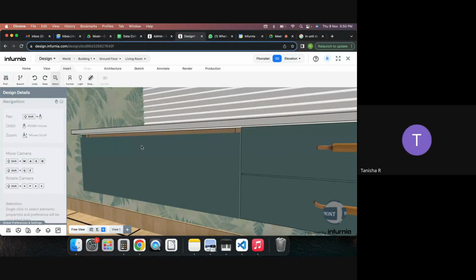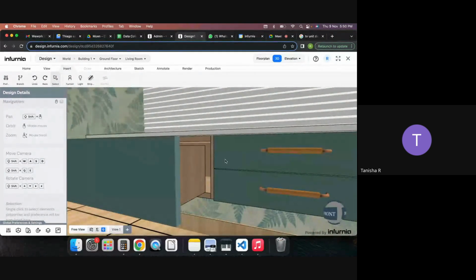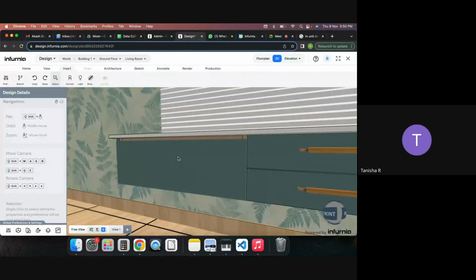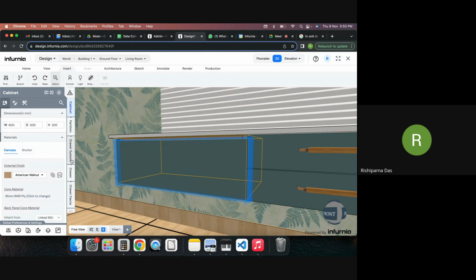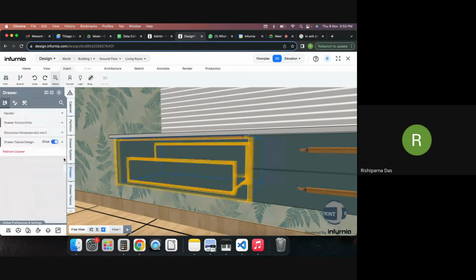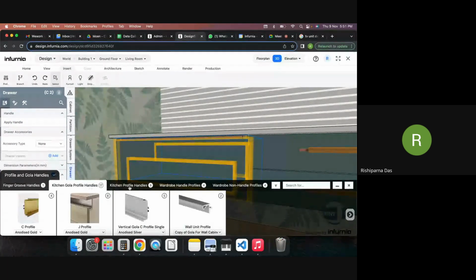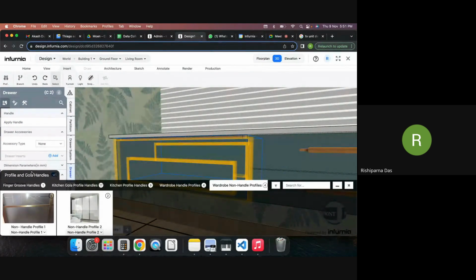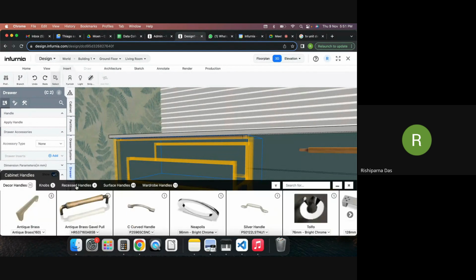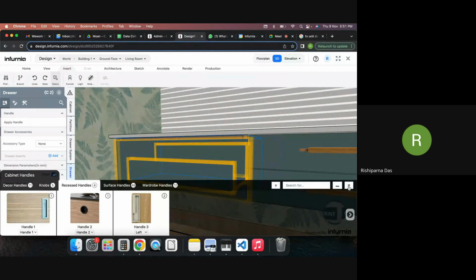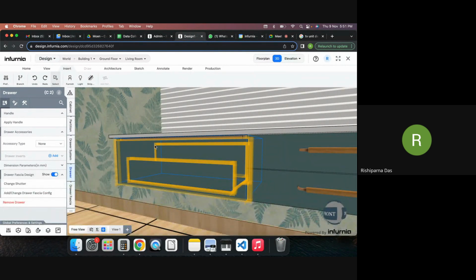I don't want the entire shutter to be reduced with the depth. I want something like a V-shaped cut or a U-shaped cut, a concealed handle. If you have handles like that added, then you can change the handle itself. You can go into drawer and apply handle, and you can apply whatever profile handles or gola profile handles. You'll have to do it either of two ways basically. Either you add a recessed handle or any other handle that you want,